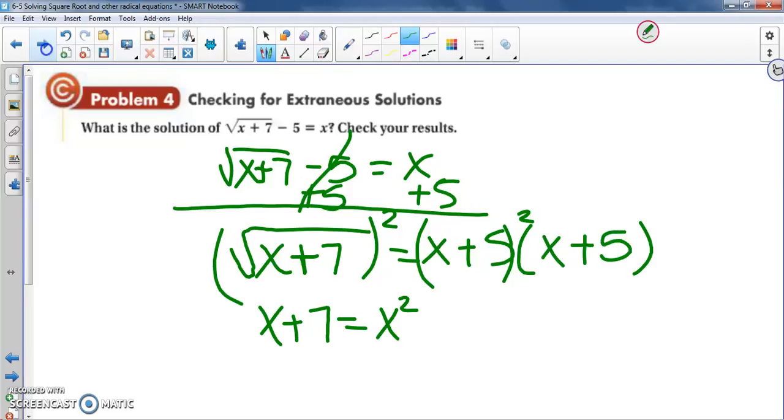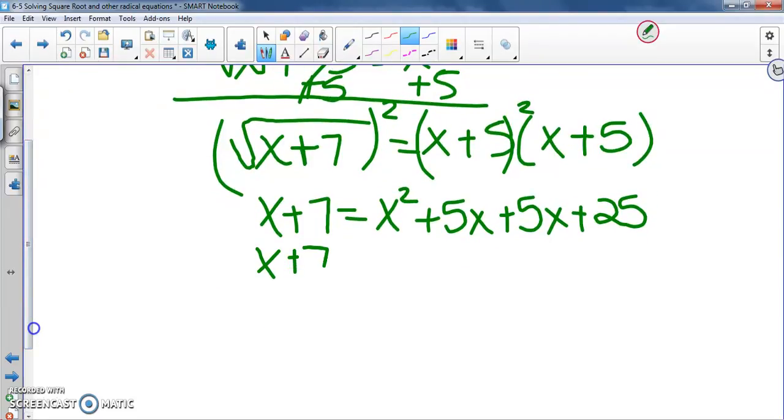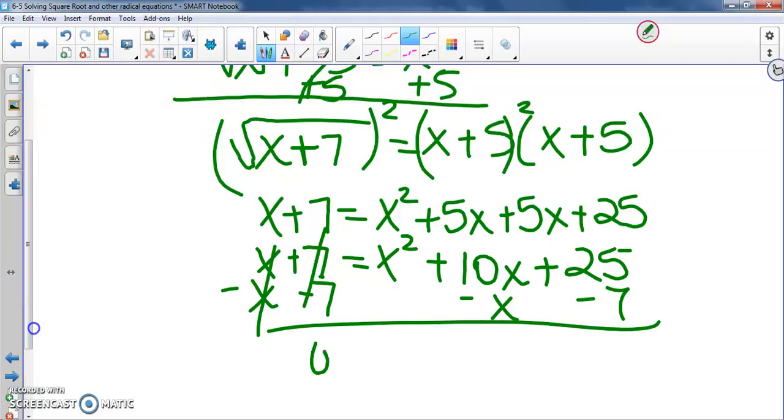So I get x squared plus 5x plus 5x plus 25. x plus 7 is equal to x squared plus 10x plus 25. Since I have a quadratic, I'm setting everything equal to 0. 0 is equal to x squared plus 9x,